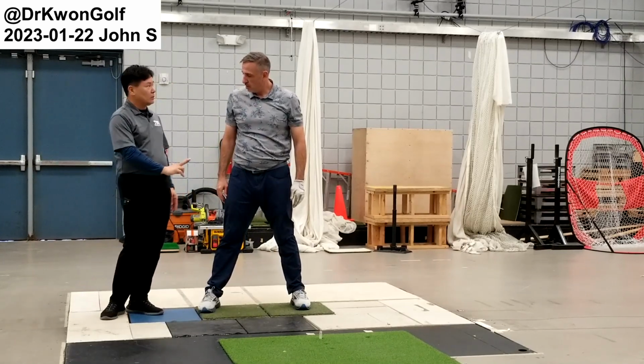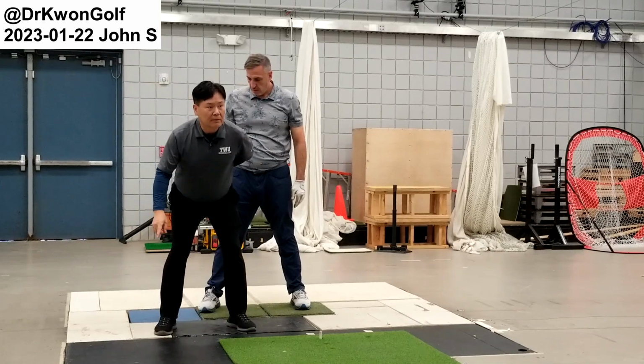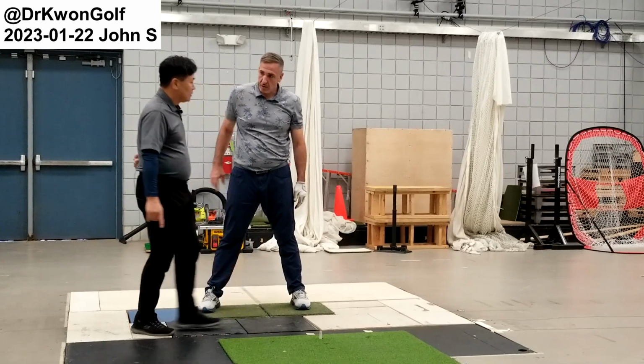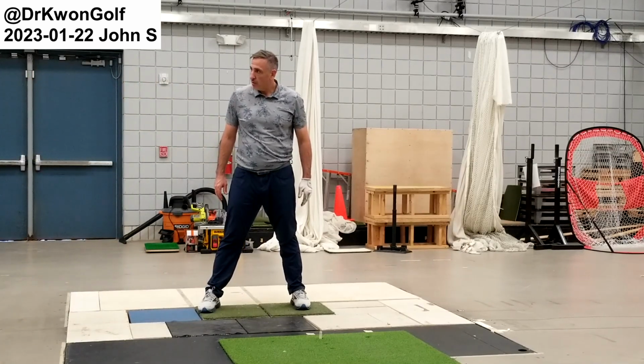More is pelvis motion. But if you try to achieve that reverse pivot position by having the pelvis back here and then try to go here, it puts a lot of burden on the spine. Yeah? So your pelvis has to move enough to assume a good position here. So again,